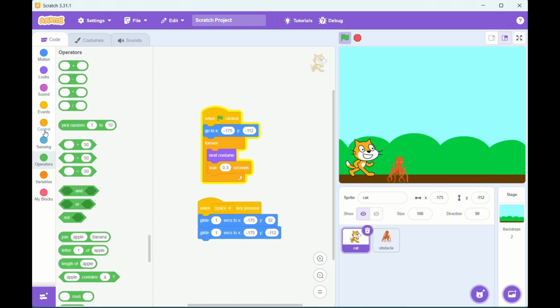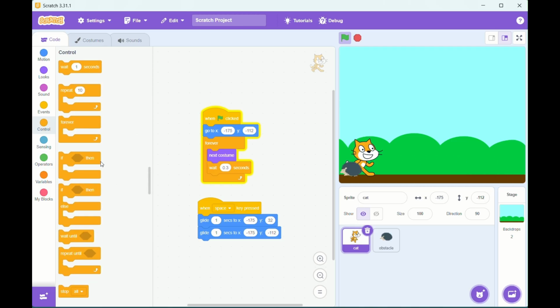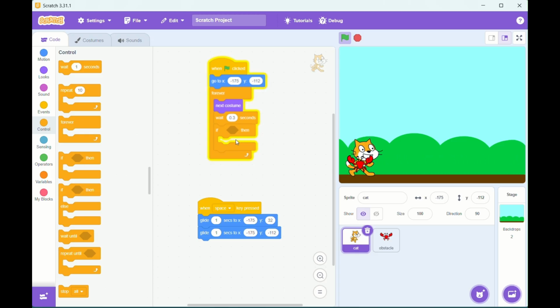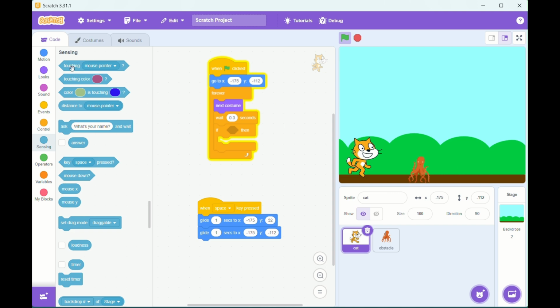Here I will write if cat is touching, go to sensing and go for touching method over here. If touching the obstacle,